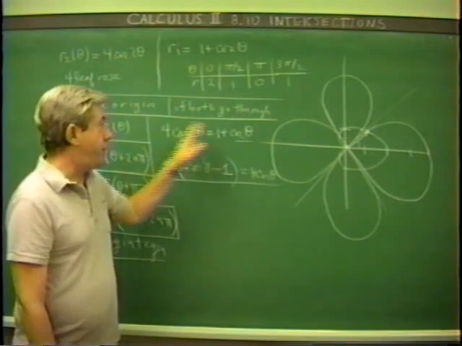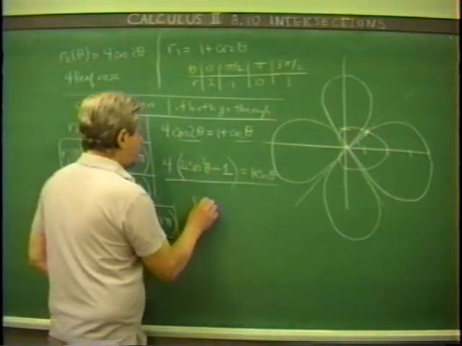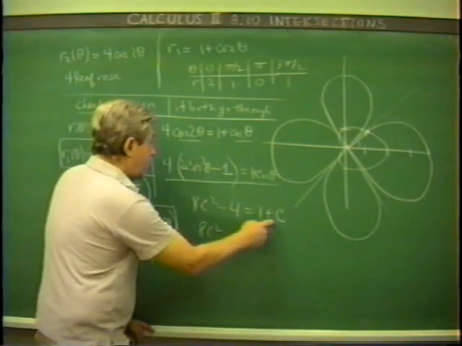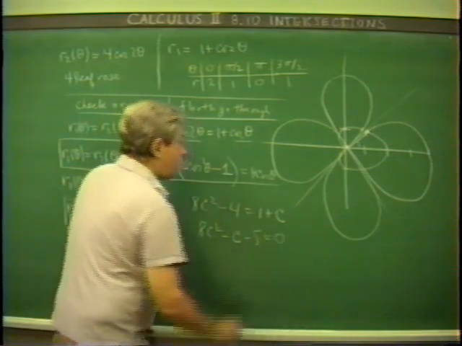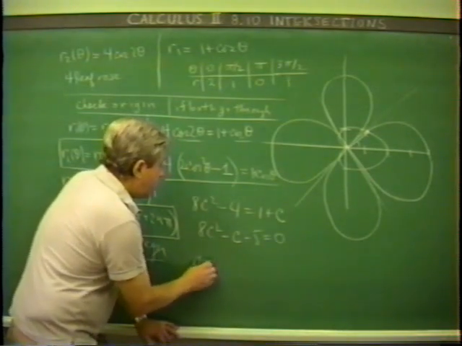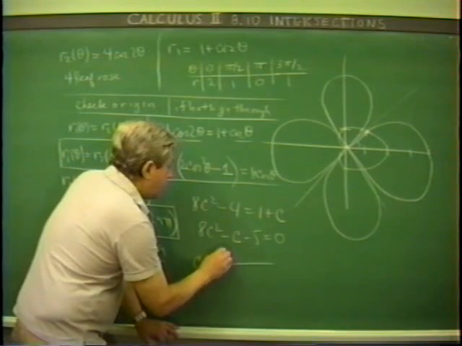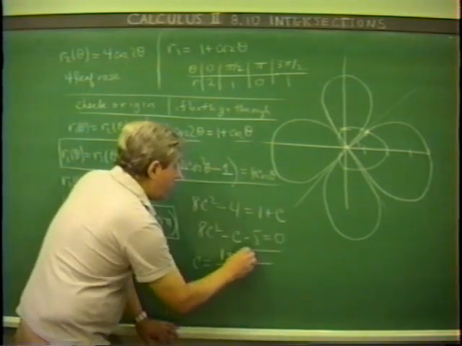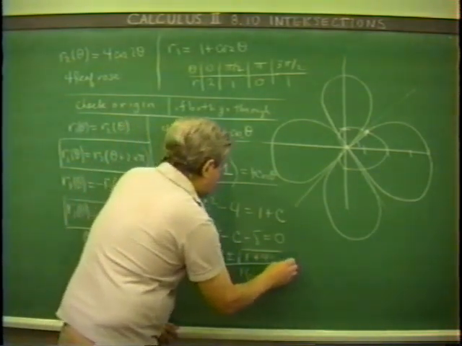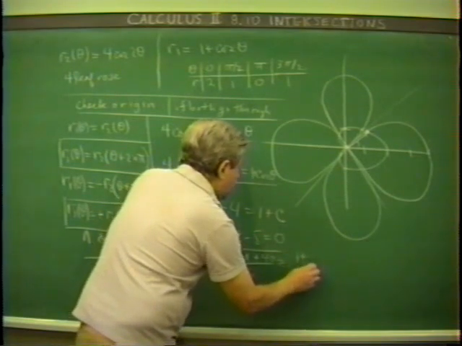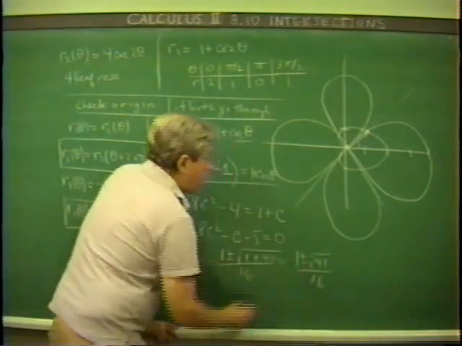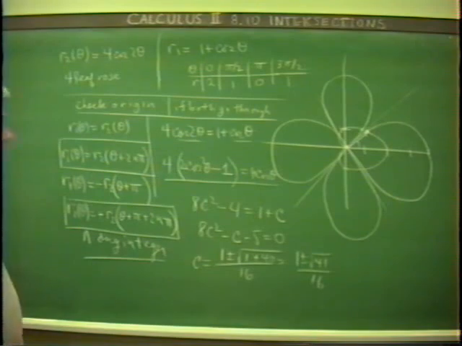I'm going to just use the letter C for cosine theta here now, once I've got everything changed over to cosine theta. And in general, you want to change everything over, if possible, to cosine theta or sine theta. All the cosine theta or all the sine theta. Right? So here what I've got is 2c squared minus 1 is equal to 1 plus c. Or 2c squared minus c minus 2 is equal to 0. Right? Well, now this is a quadratic equation in C, so I can solve that. This is going to occur when C is equal to minus b, that's plus 1, plus or minus the square root of b squared, 1, minus 4ac, that's plus 16, over 2a, 4. So when cosine theta is 1 plus or minus the square root of 17 over 4,